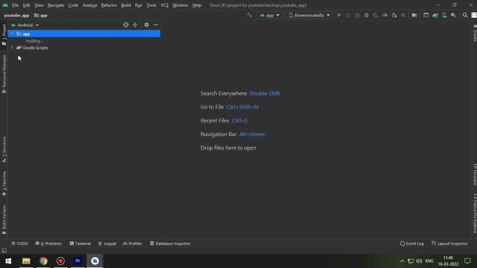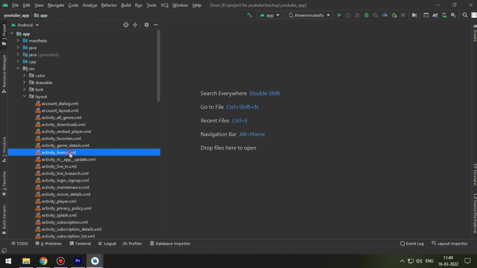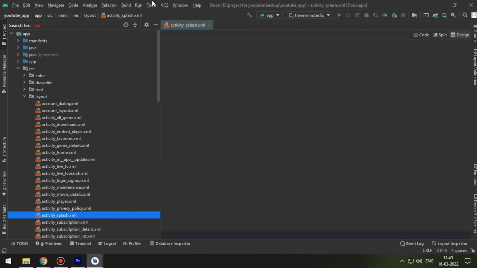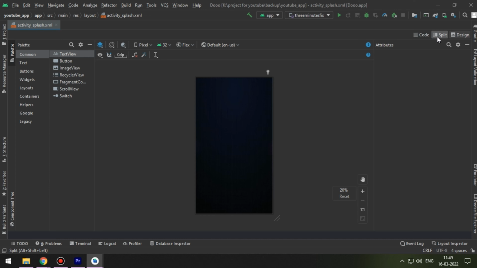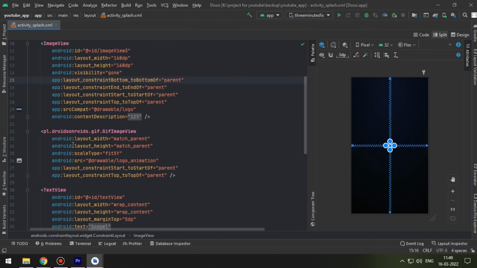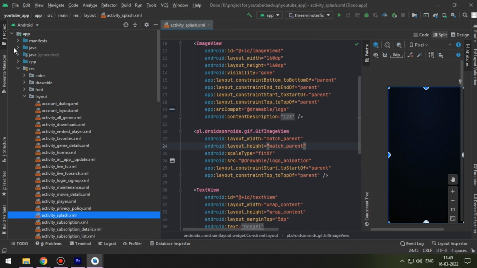In your project, open the Splash activity. On the other hand, drag your GIF to our drawable folder.